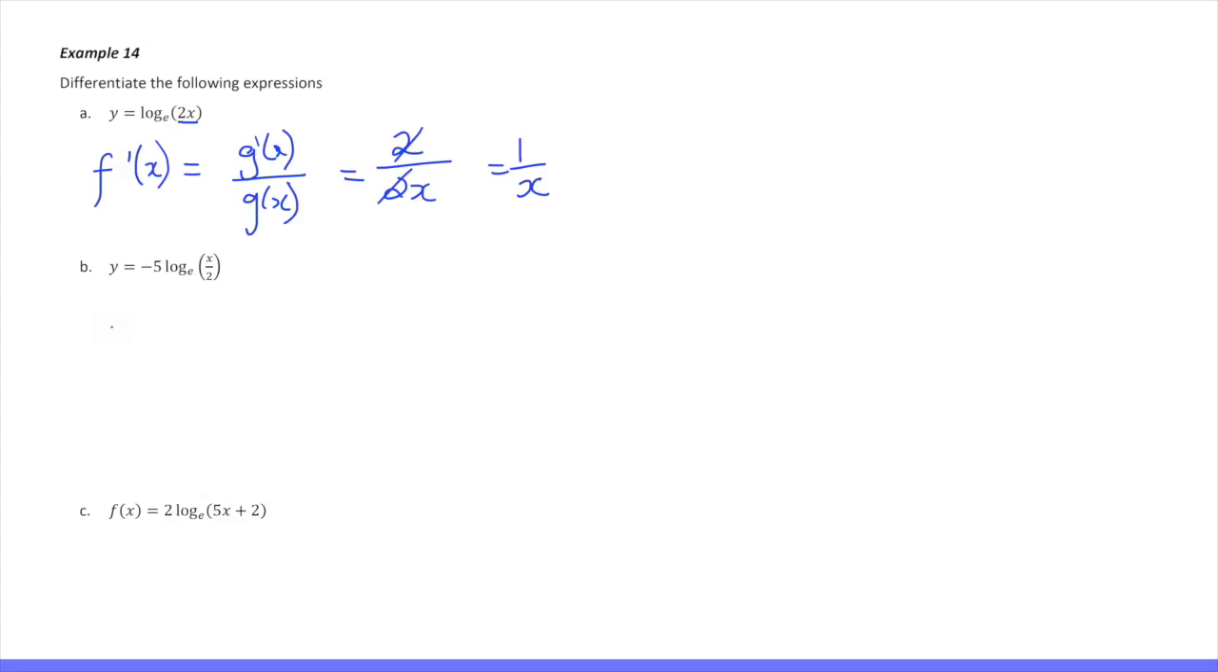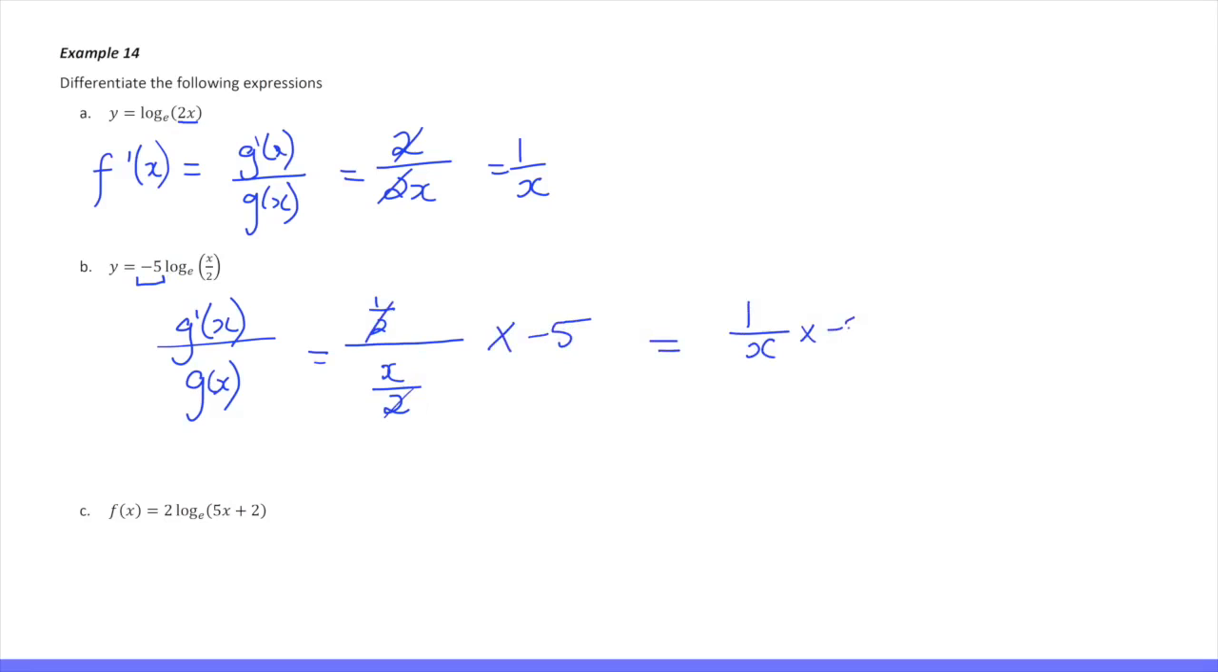Same thing goes for part B. So I want the derivative of the inside over the derivative of the outside. Now the inside is x on 2, so the derivative of the inside is going to be 1/2. The function on the inside is just x on 2. And now don't forget that this coefficient that's sitting out the front is still hanging out there, so that's just times -5. 1/2 divided by 1/2 is just 1, so that will equal 1 on x times -5, which